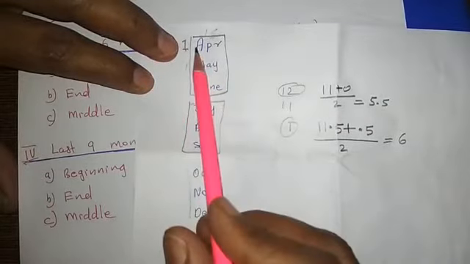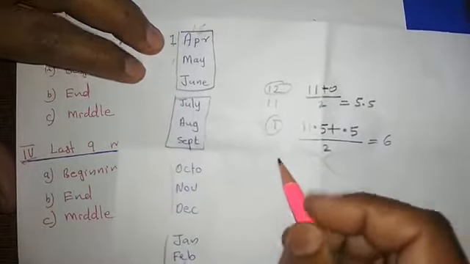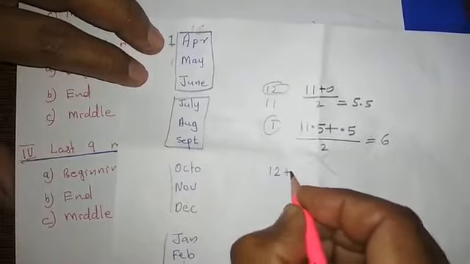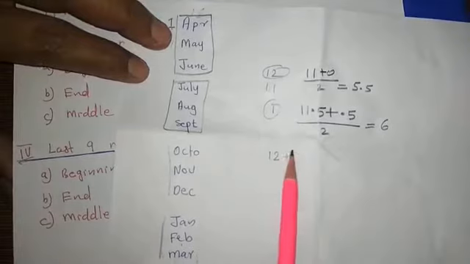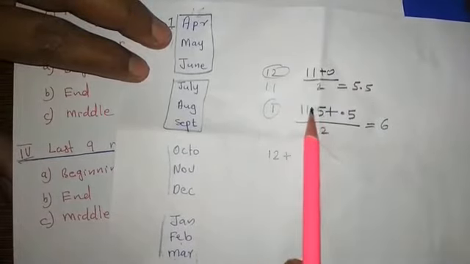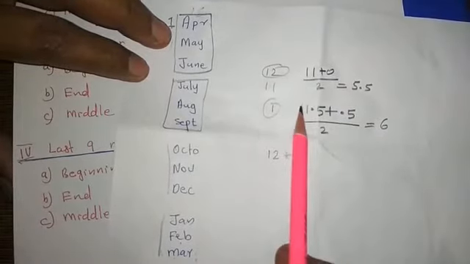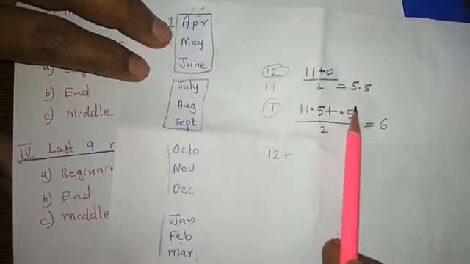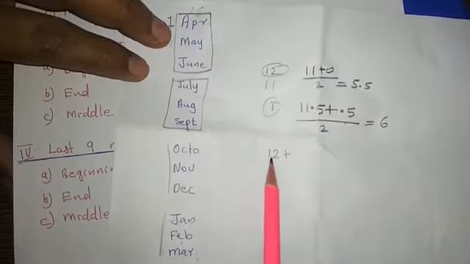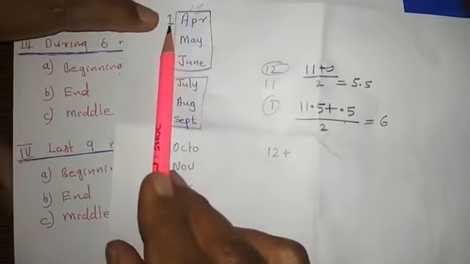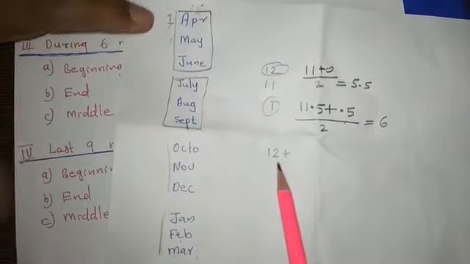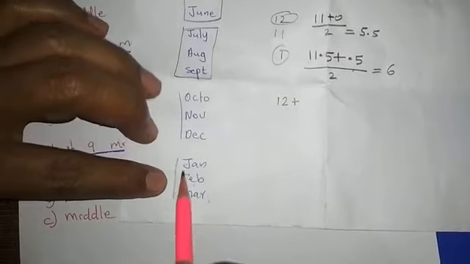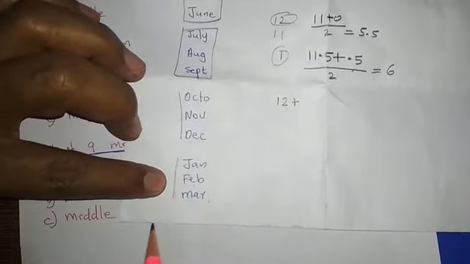So from 1st April to 31st March, how many months are remaining? 12 months are remaining. Plus, we can take the months remaining after the first drawing. Here also we are taking it like that only: the months remaining after the first drawing and the months remaining after the last drawing. So here also in the case of quarters, in the first quarter he is withdrawing, so the remaining months are 12. And the last drawing is made at the beginning of the 4th quarter.